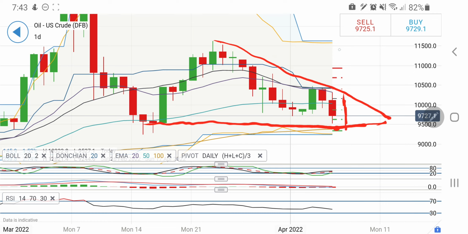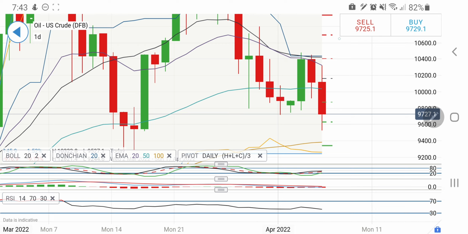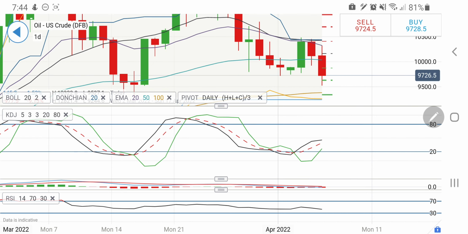zone 95 to 103. However, see, this is only the second red candle, and you can see two red candles back to back with a bigger body, leaving a tail and a wick, indicating probably we can see a bearish day again. The next candle is yet to begin. And if you see it trading below $96 levels, yes, you can go short there, and you can expect that it can try to come back towards 95 and 94 levels, which are strong support levels for oil.